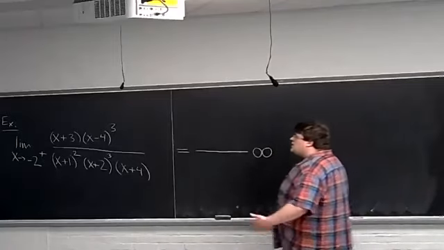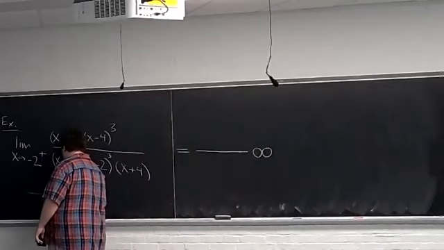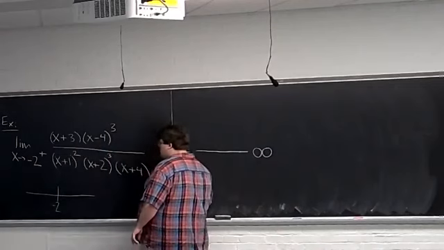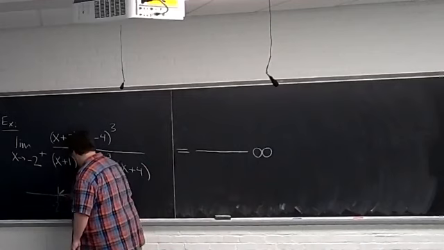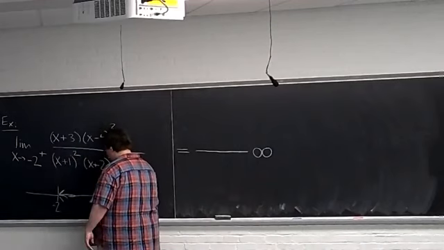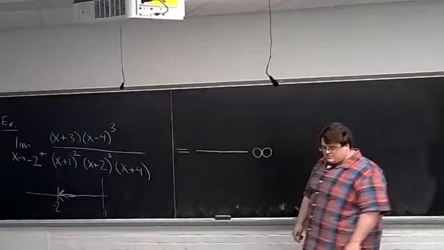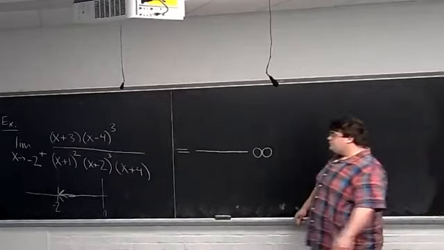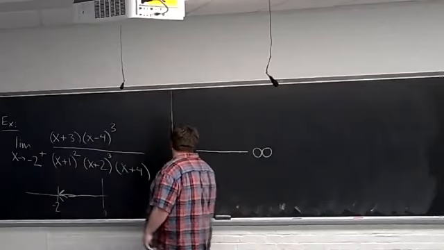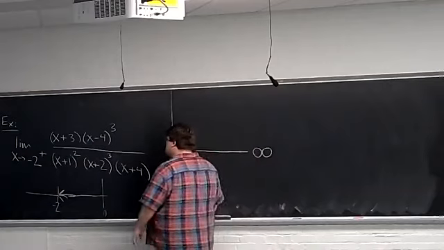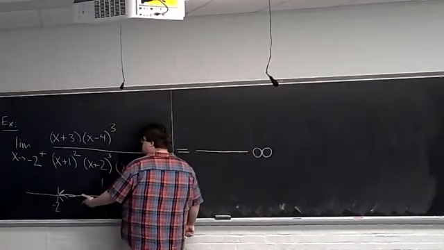We need the sign. So which part of the number line are we looking at here? Well, we're looking at -2, and we're looking at the right of -2. Sometimes in these, especially with the negatives, I like marking off 0, because I'm not good with right or left. So here we're looking at -2, but we're looking only at the right. We need the sign of the infinity, so we're going to need the signs of these 5 pieces. As x approaches -2 from the right,